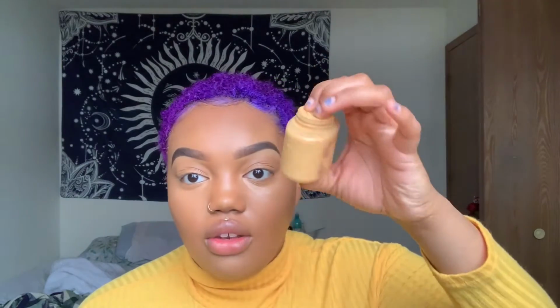So next we're going to go ahead and set everything. I'm gonna be taking my OG powders here. I've like completely no label on here, that's how much I've used this. But this is the Banana Deep Powder from Makeup Revolution in Terracotta. So I'm gonna take my Real Techniques setting brush. I'm just gonna tap it, like press it, really press it in, especially where my eyes crease. I've been setting with a brush as well instead of my beauty blender. I think it creates a softer look, and I don't necessarily heavily bake anymore. I'm still gonna bake a little bit, but not nearly as heavy as